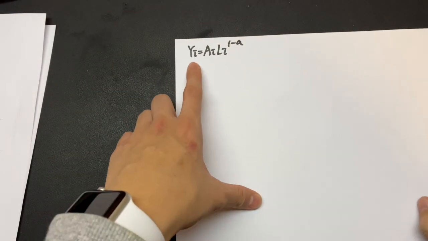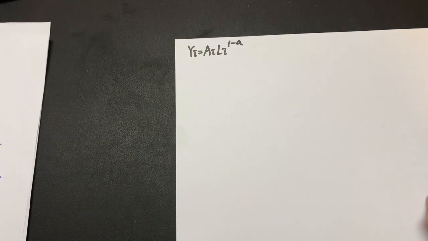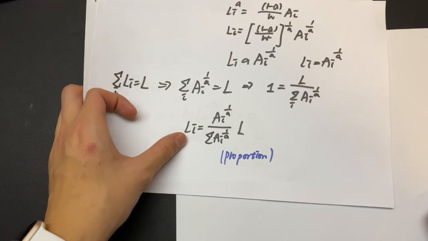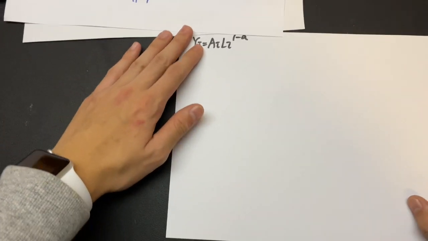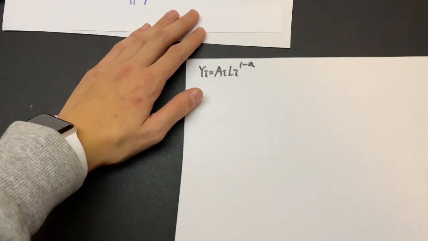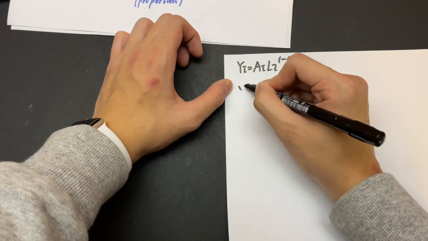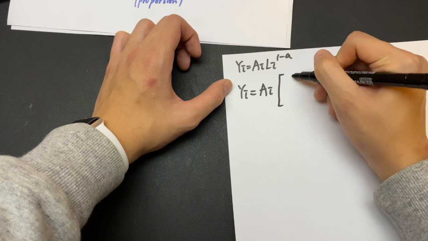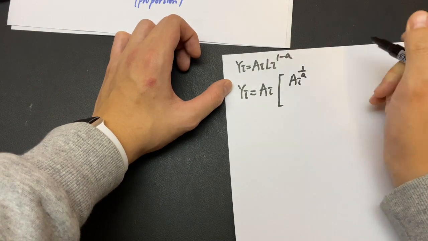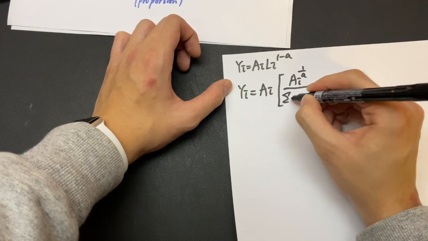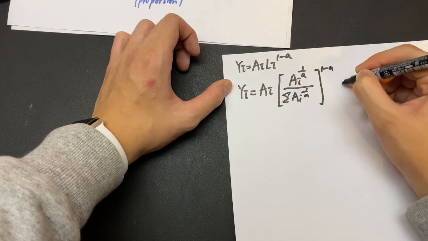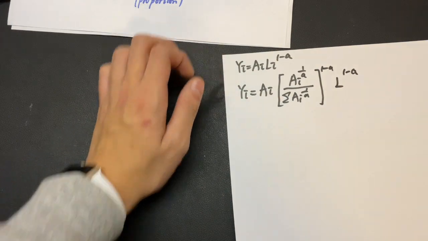This is the initial aggregate production function we know for each firm i. Now we can substitute this Li back into this aggregate production function. Let's see what will happen. So Yi equals... So for this case,